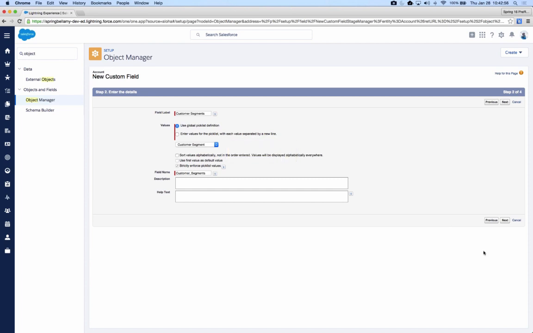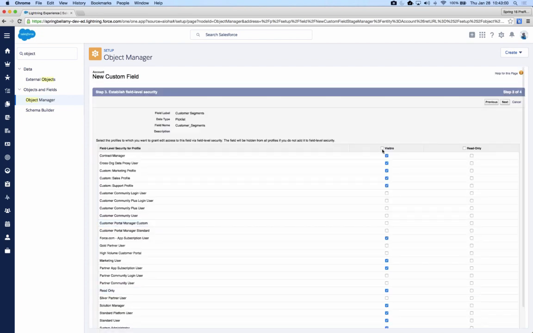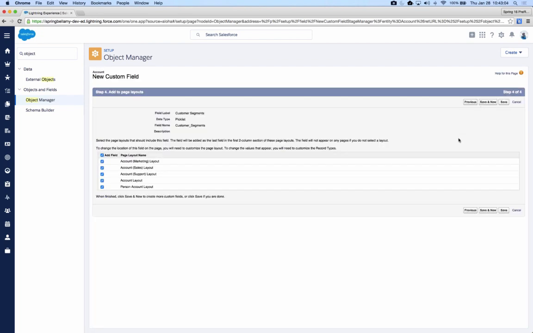That's the primary use case there that I see. So it really removes that access from the API, and it helps you enforce your data security. So I'm creating my Picklist here, visible, add it to my page layouts, and save.